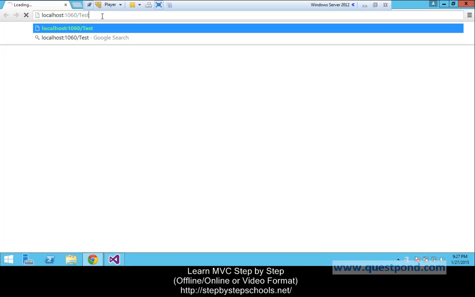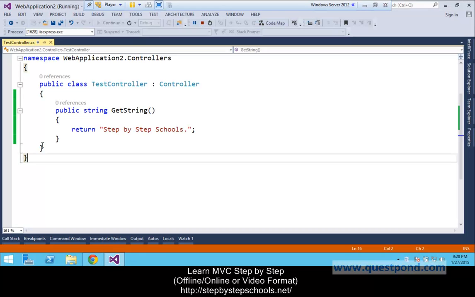Test is nothing but the name of our controller. Then /GetString. GetString is nothing but the name of our action method. I'm again repeating, every public method inside our controller will be called an action method, and the end user will be able to make a request to this GetString action method. Let's press enter. It will make a request to this method.